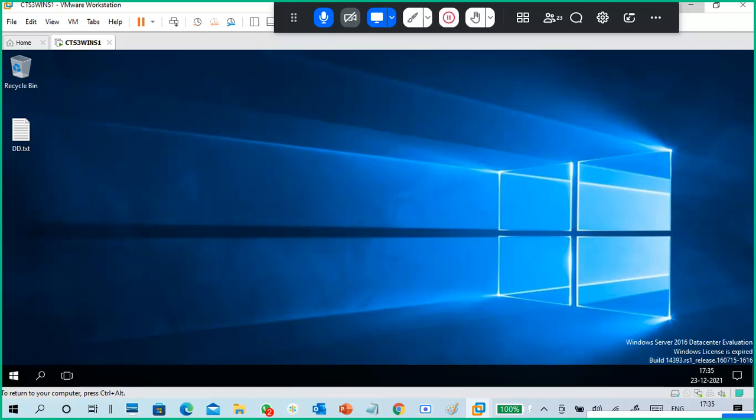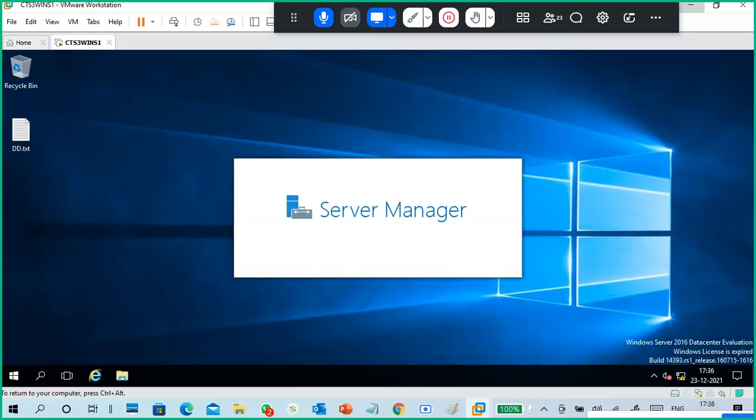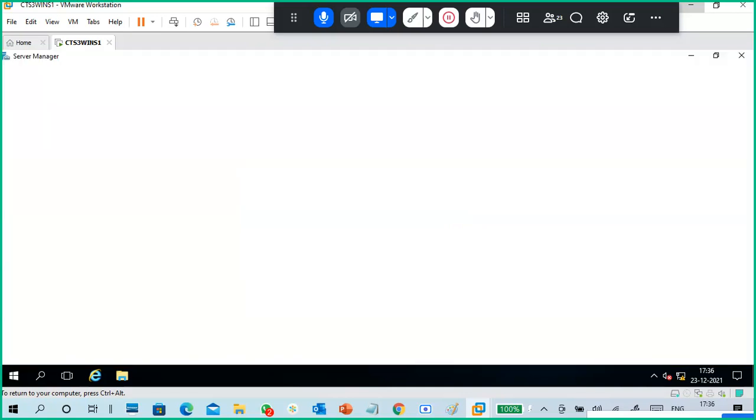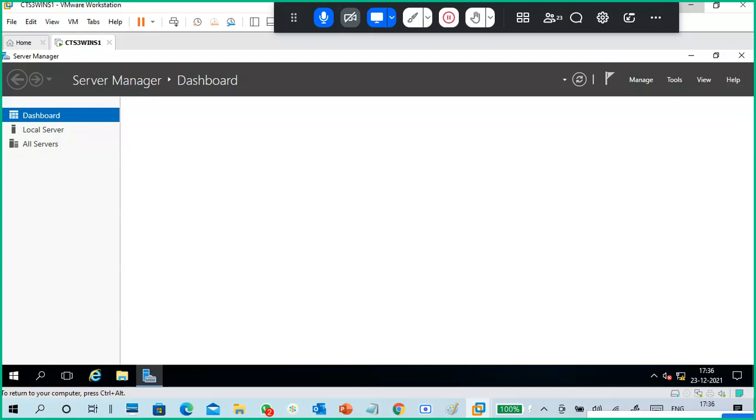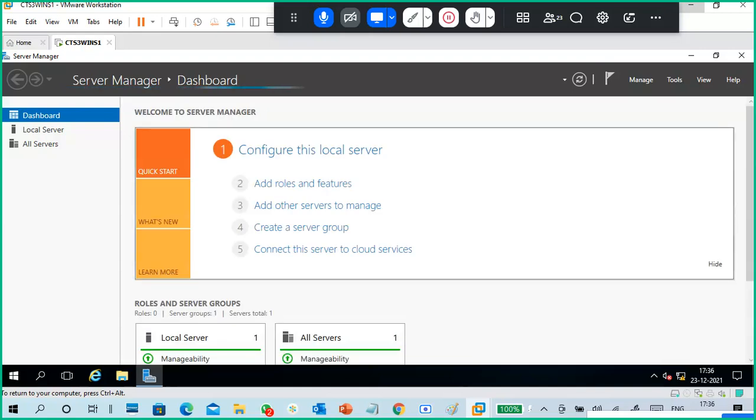Guys, have you completed your Windows 10 and Windows Server? Yes, sir, completed. Networking, Windows 10, Windows Server, database fundamentals, right? Okay, guys, go through Windows Server also tonight, both storage and backup.